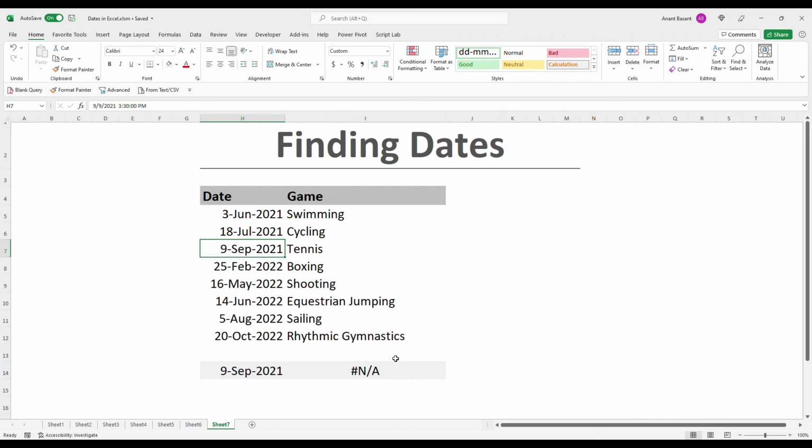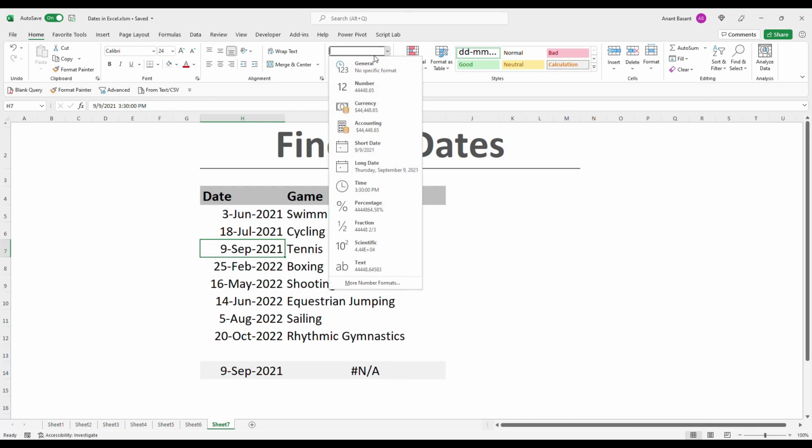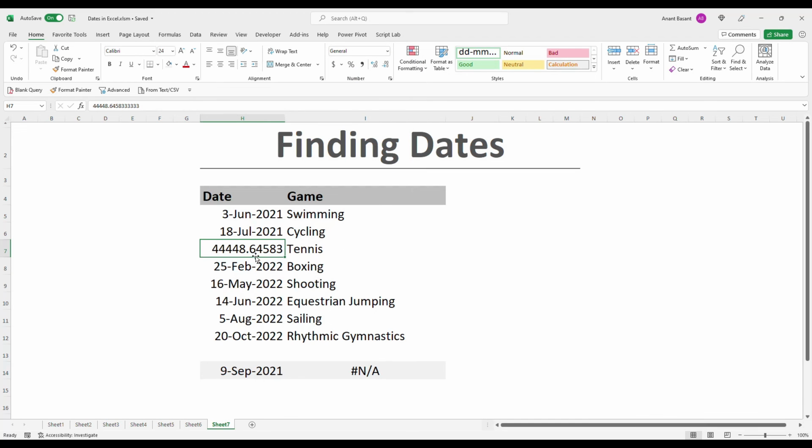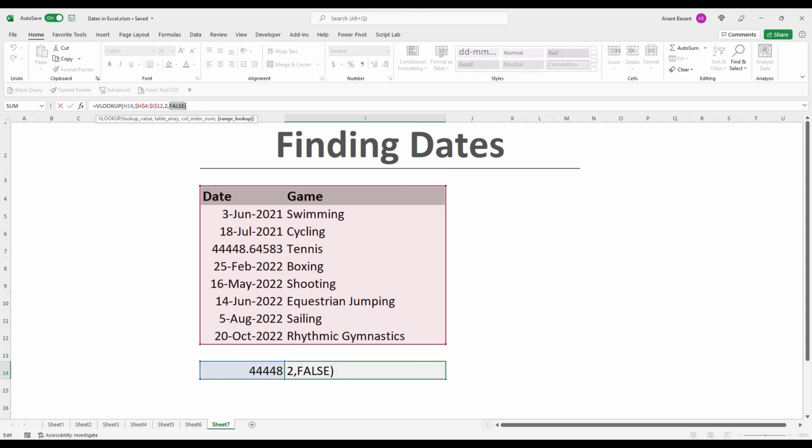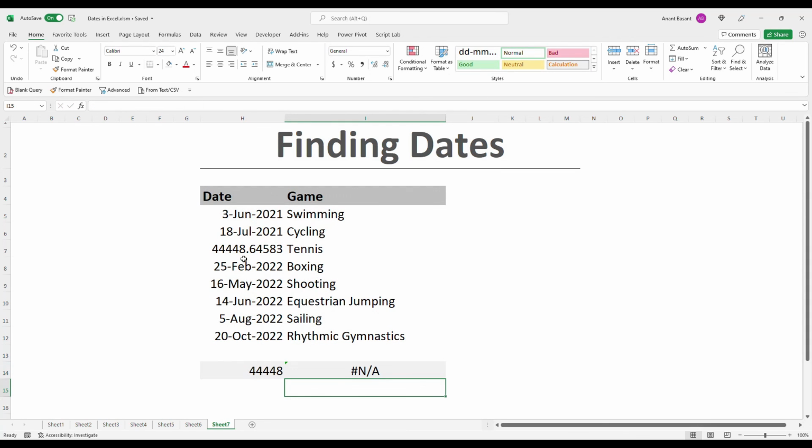If we convert that into a general format, you can see it's this number, and if we convert this one to a general format, it is this number. Since we are using FALSE as the last argument of VLOOKUP, which looks up exact matches, it's not working because it cannot find it exactly in this range.